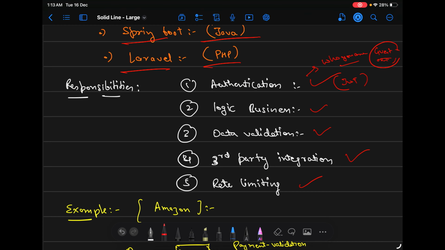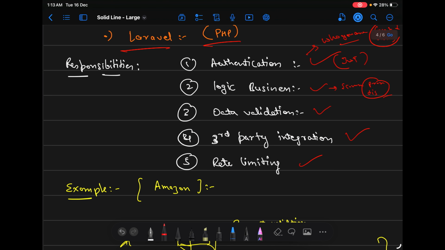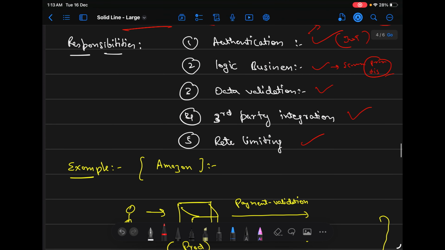And then we have business logic, like it calculates prices, discounts. If you talk about an e-commerce, there are some promo codes or discount codes that are handled in the back end. So we don't usually use client side for payment, because it is mutable, it can be changed. So the data validation, and then we have third party integration like payment gateways, email services, SMS things, and